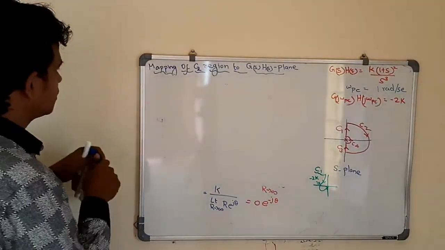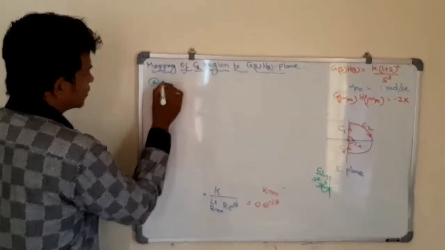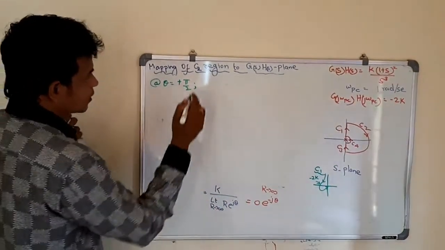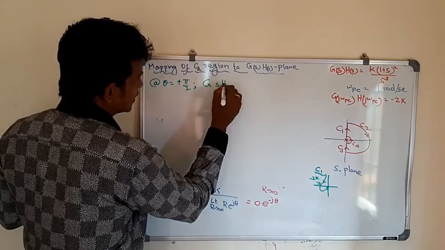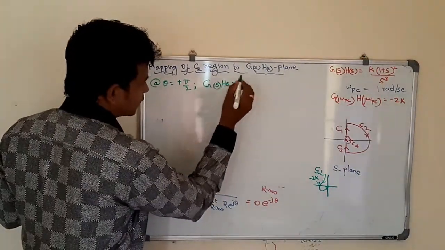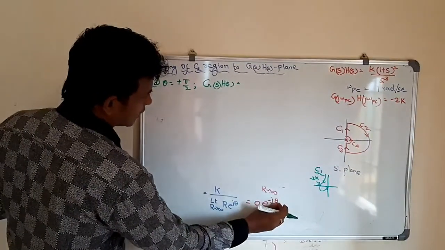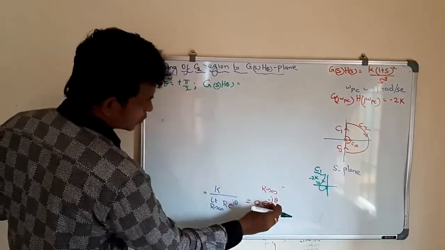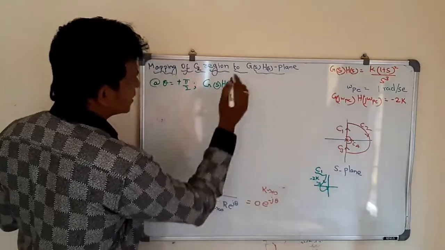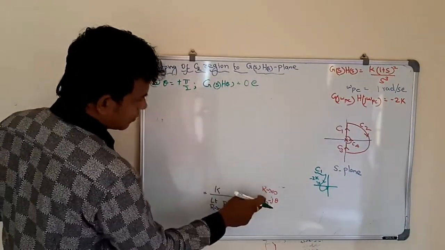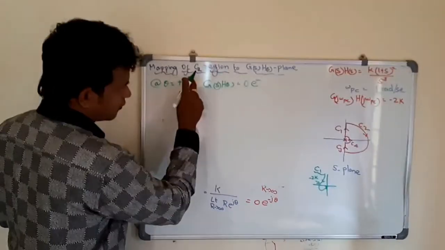At theta equal to plus pi by 2, G(s)H(s) is equal to G of s into H of s. Instead of theta I am replacing theta by plus pi by 2, so it becomes 0 e power minus j pi by 2. Okay, 0 e power plus into minus is minus, and instead of j is there, and I am replacing theta